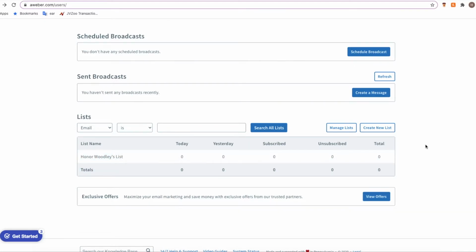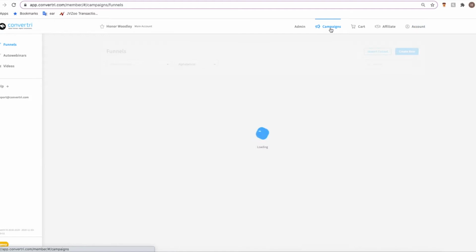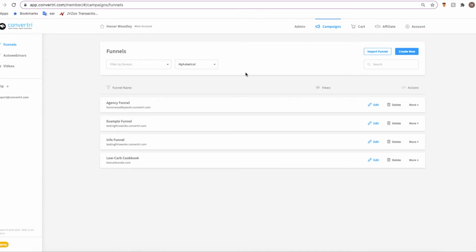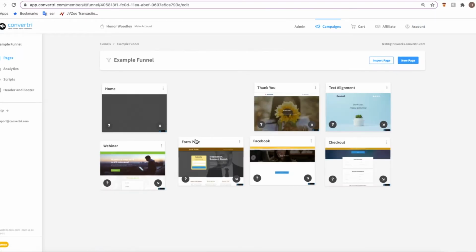But if, for example, we were sticking with the cat and the dog lovers, I would create one list called cat and one called dog, link my cat page up to my cat list and my dog page up to my dog list. So now that we've created this, let's create a page within Convertry so we can see how to select this list at page level. So once you're happy, it's good to just refresh Convertry so that it's had the chance to register the new lists if you've made any. And then go back to your campaigns dashboard and select the funnel and page where you wish to